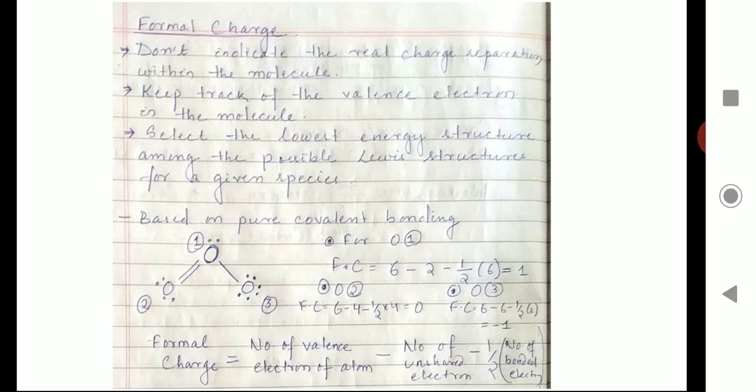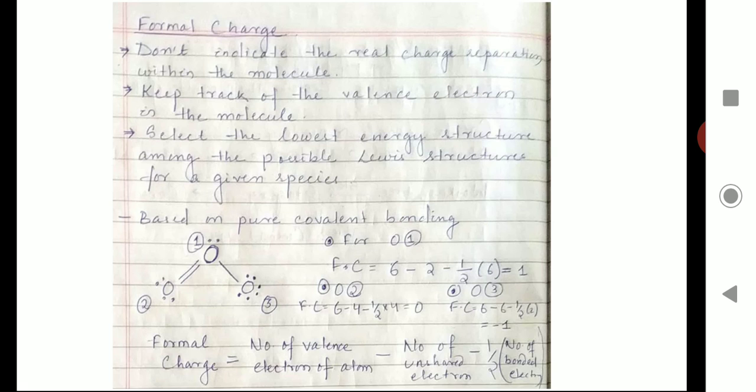Now we will learn about the formal charge. In the examples of Lewis dot structure, like carbonate, CO3 2 minus, and ozone, we have seen some charges on the atoms. In the carbonate, the complete ion has a 2 minus charge, and in ozone, one oxygen has a plus charge and one oxygen has a minus charge, but the entire molecule is neutral. So we will know how ozone has plus and minus charges and still is neutral, and what formal charge is.